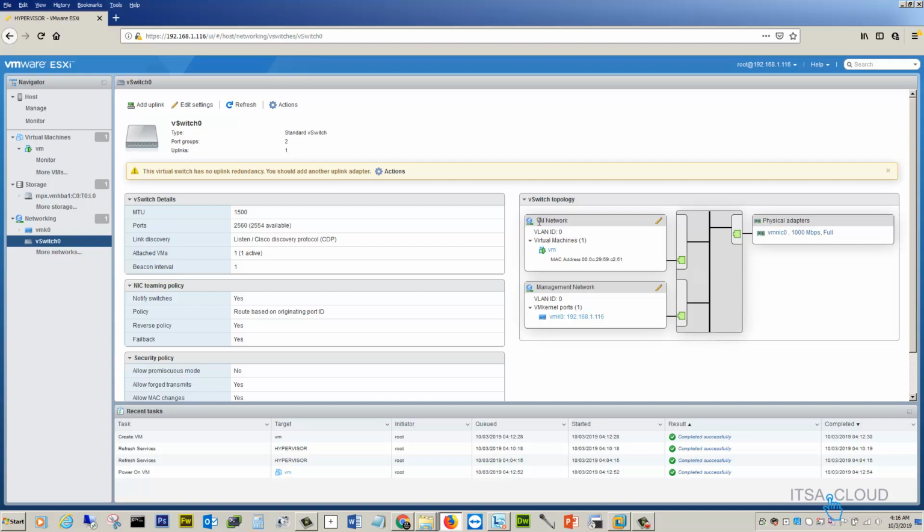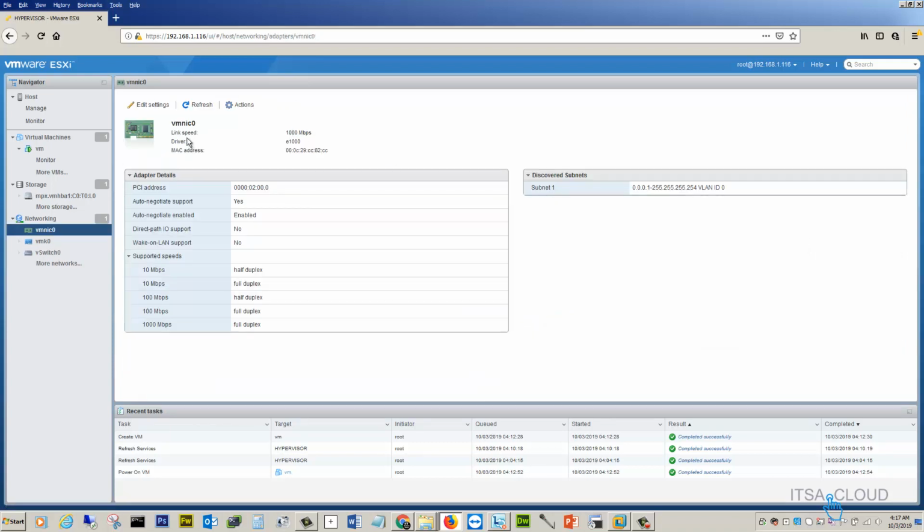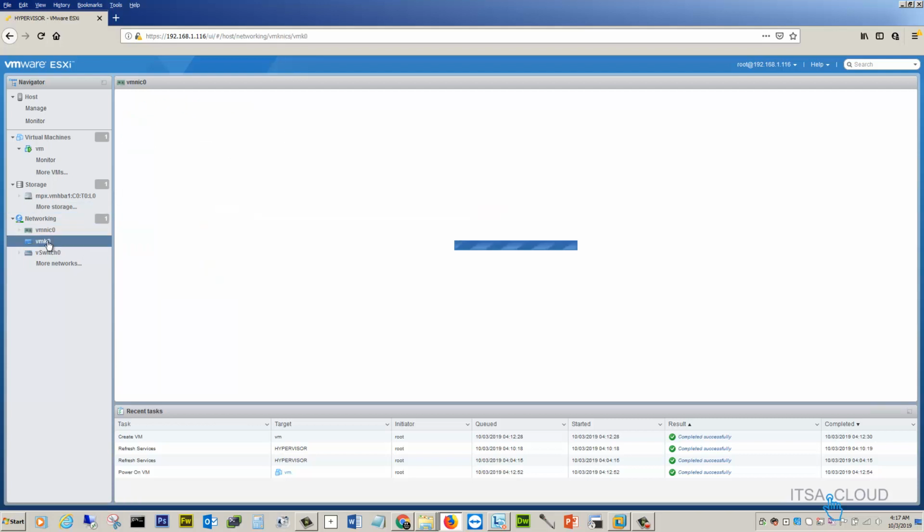Like I said before, the VMs are going through this VM network, which is a port group, and the management is connected to the VM kernel, which is on a physical network card in the host. So all of them are going through this NIC card, which is gonna be connected to a physical switch, right?